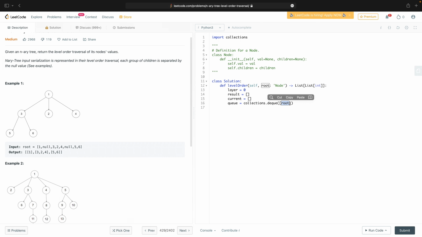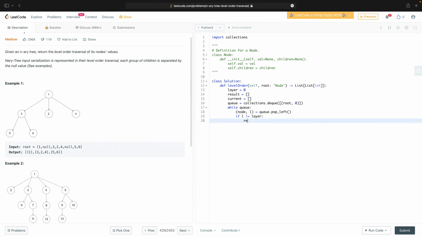Then, in fact, I want to say the root is at layer 0. Then while there's anything in the queue, what I want to do is I want to say the node and the layer it came from is queue.popleft. And then if L does not equal